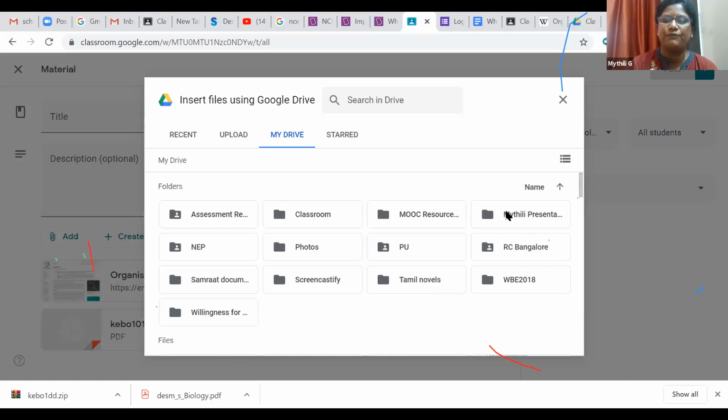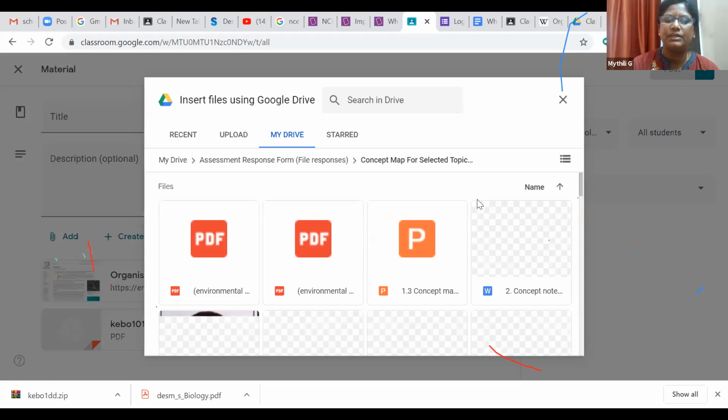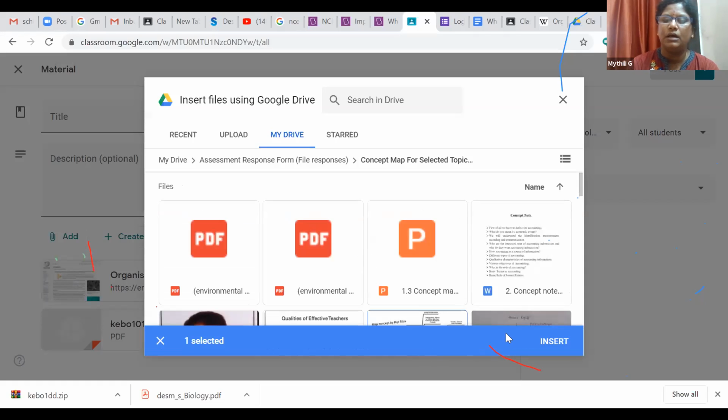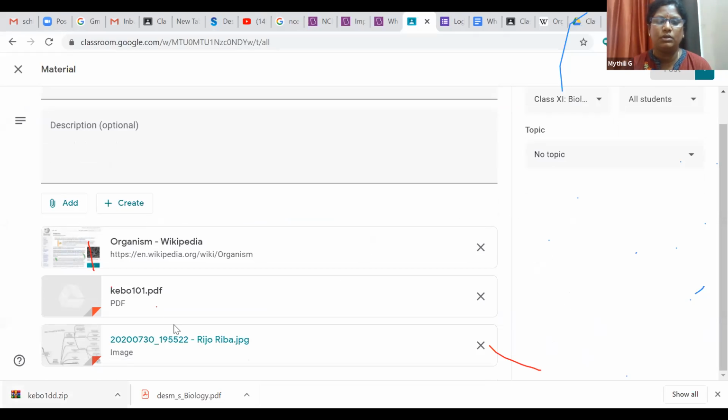These are the folders available in my Google Drive. So I can directly copy from it. For example, if it is an assessment, I can take some of the topic, insert it here, and that will come to your own platform.